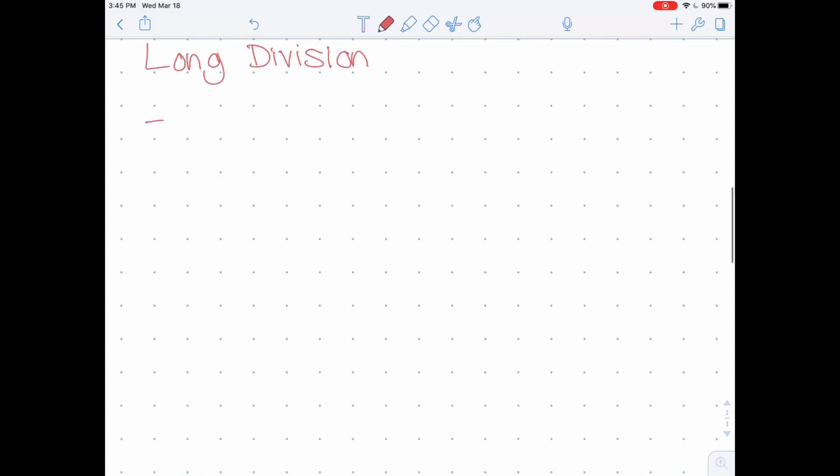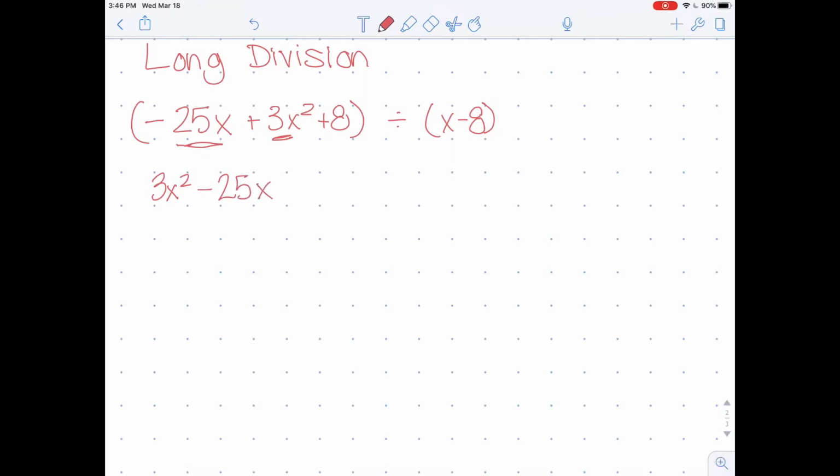So if I've got negative 25x plus 3x squared plus 8 divided by x minus 8. Okay, first order of business is to put your equations in standard form. So like we've got x squared that comes after just an x. So that's not standard form. We've got to switch those around. We put the most exponents first and work down to the least amount of exponents. So we've got 3x squared minus 25x plus 8 divided by